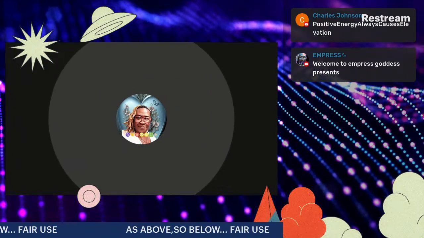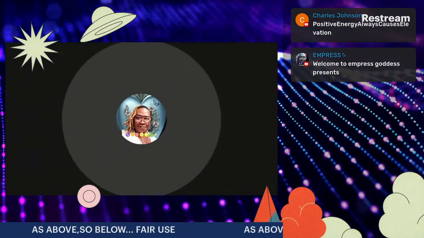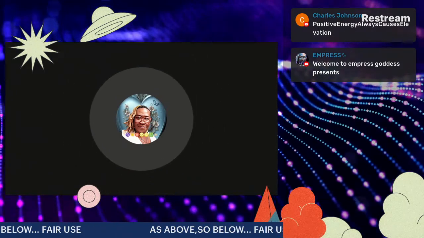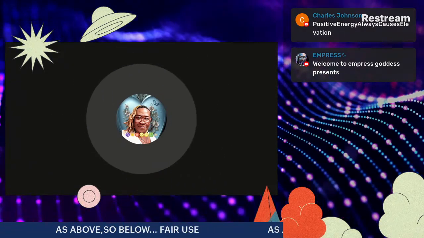Their ruling planet is Venus, and the placement of Venus will tell more about a specific individual. For example, if Venus is in Gemini, this may make it